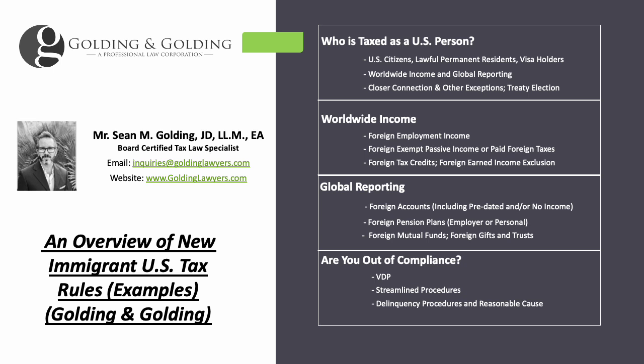So you have to see each year that you're doing the reporting, it's like a snapshot of what you have at that time. So you don't get to exclude what you had before you came to the U.S. It's just a snapshot of what you had when you file. Like I said, even if there's no income, even if it's a dormant account, even if it's very low balance, you haven't used it in 30 years, if it's open and you otherwise meet the threshold requirements, you include all the accounts.